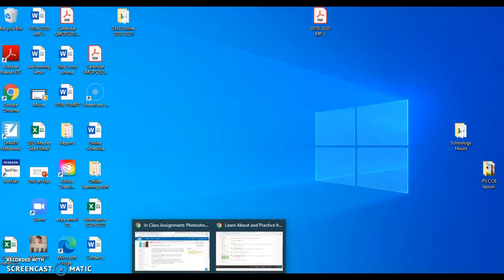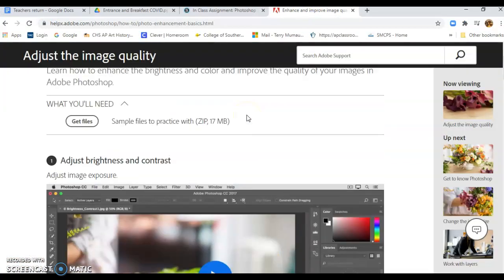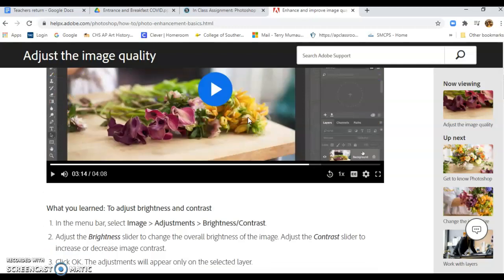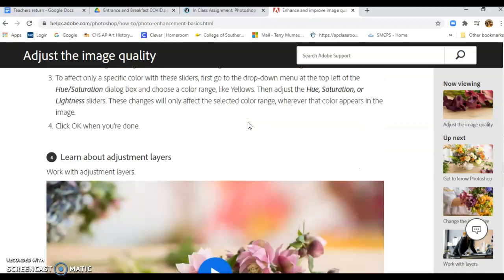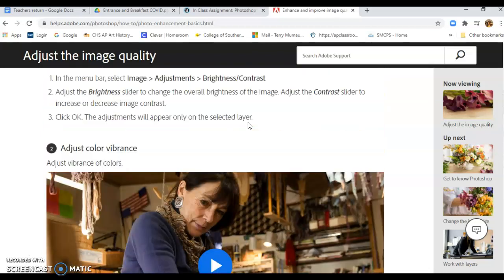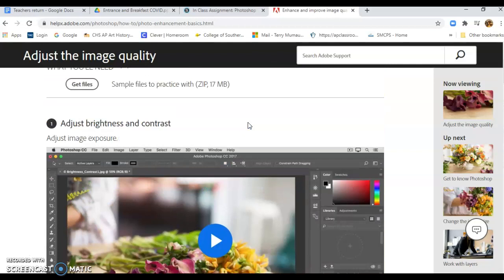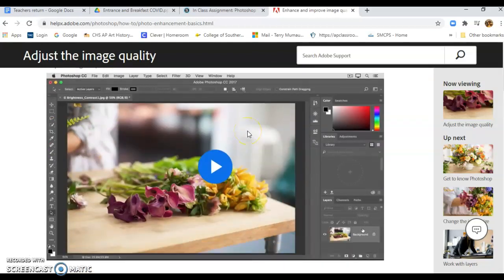The one that I want to show you is, first of all, this is the assignment, and the web page that you'll be using is actually from Adobe, and what you have here are 4 different ways that you can enhance your photographs. And really, with all of these enhancements, you're going to really enhance the texture of your photograph. So that's what the goal here is, to use Photoshop to enhance the photographs that you took for your texture